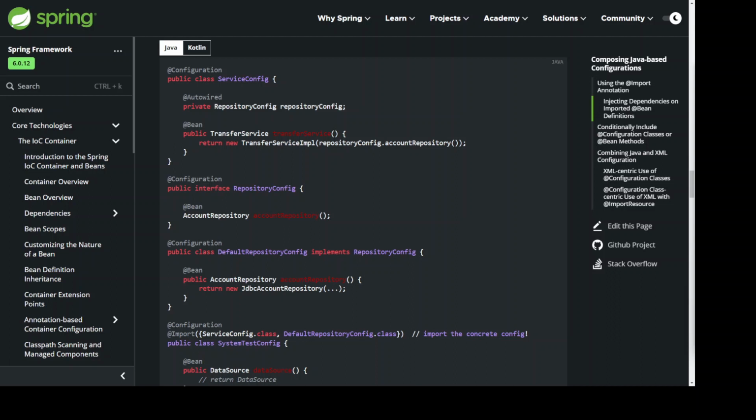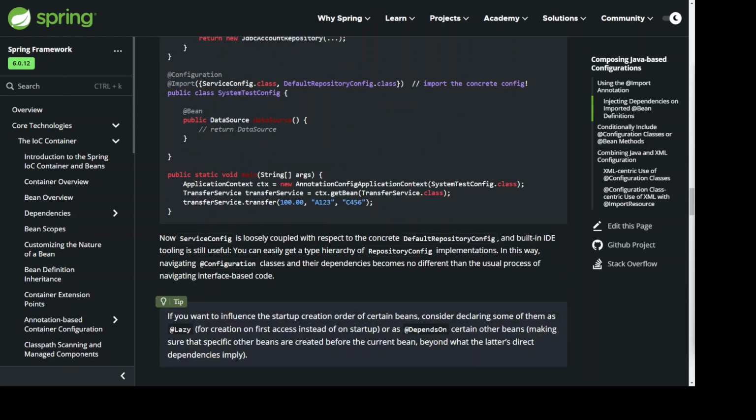@Configuration public interface RepositoryConfig { @Bean AccountRepository accountRepository(); } @Configuration public class DefaultRepositoryConfig implements RepositoryConfig { @Bean public AccountRepository accountRepository() { return new JdbcAccountRepository(...); } } @Configuration @Import({ServiceConfig.class, DefaultRepositoryConfig.class}) // import the concrete config public class SystemTestConfig { @Bean public DataSource dataSource() { /* return DataSource */ } } public static void main(String[] args) { ApplicationContext ctx = new AnnotationConfigApplicationContext(SystemTestConfig.class); TransferService transferService = ctx.getBean(TransferService.class); transferService.transfer(100.00, "A123", "C456"); }